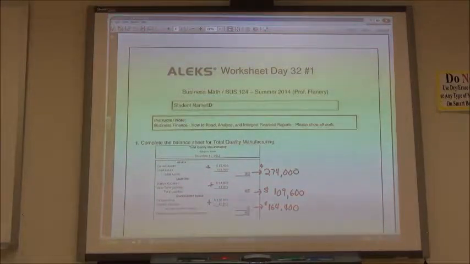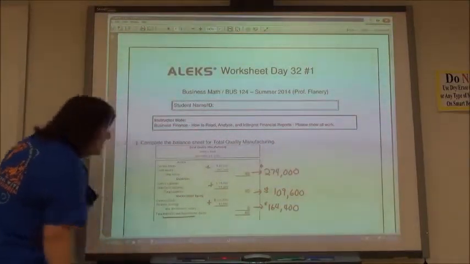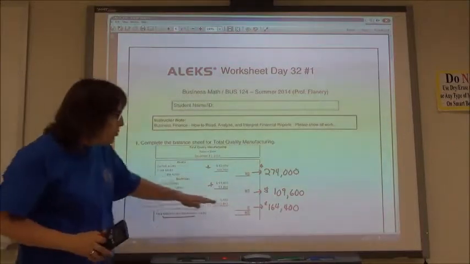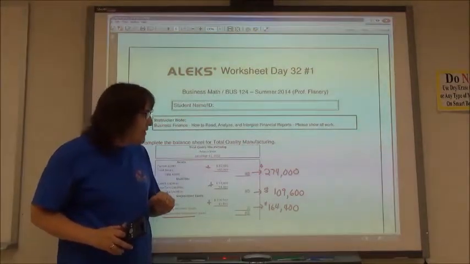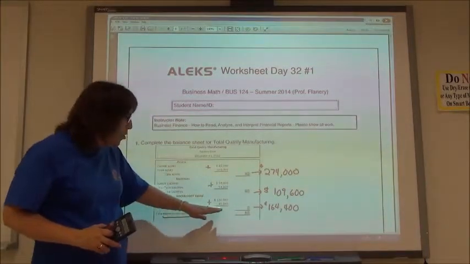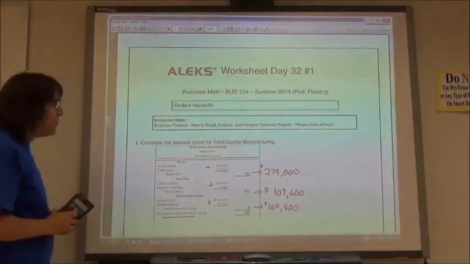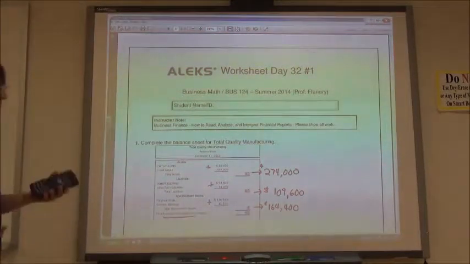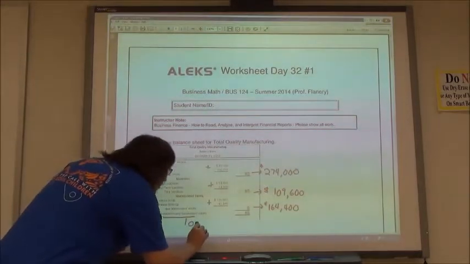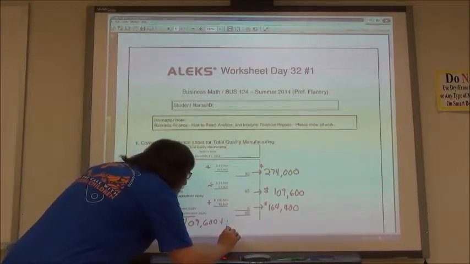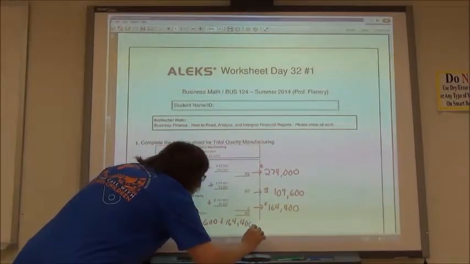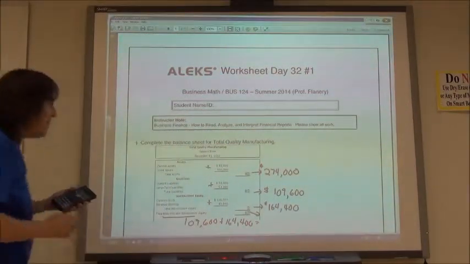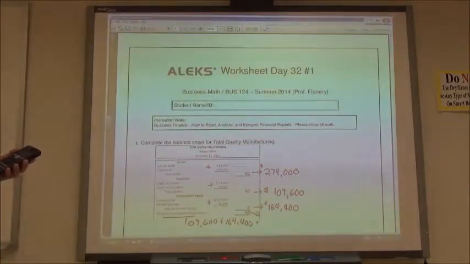Now I want to find the total of the liabilities and the stockholders' equity. So my total liabilities was the 109,600. My total of my stockholders' equity was 164,400. So if I'm going to find the total of the liabilities and the stockholders' equity, again, I'm just going to add. I'm going to take that 109,600 plus my 164,400. And that's going to give me that number. When I take 109,600 plus 164,400, I get